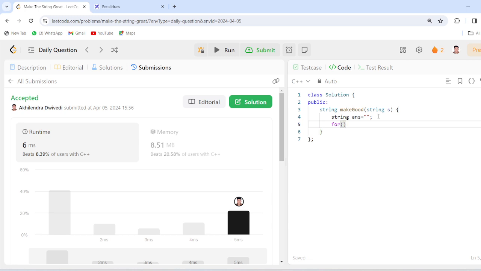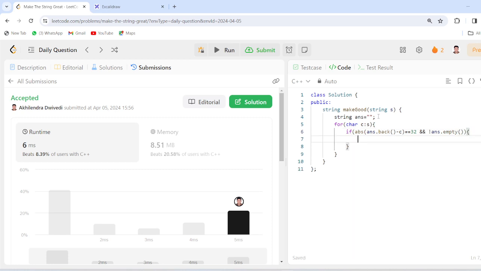Now for char c in s, every time check if abs of answer.back minus c is equal to 32, and the answer string is not empty, then pop the last element from our string, else add the element to our string.